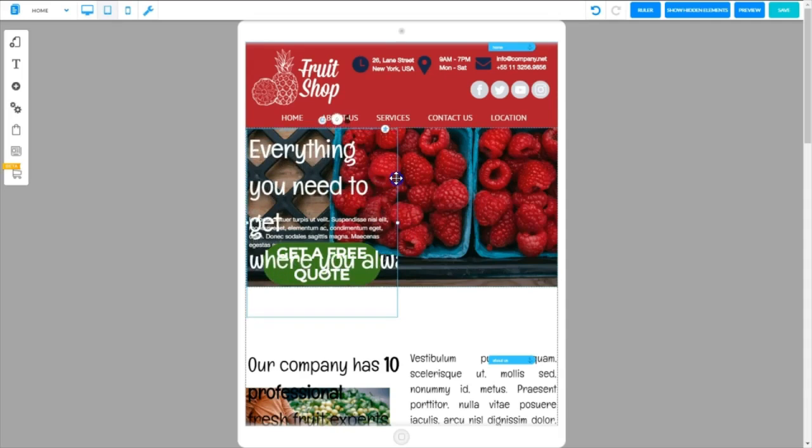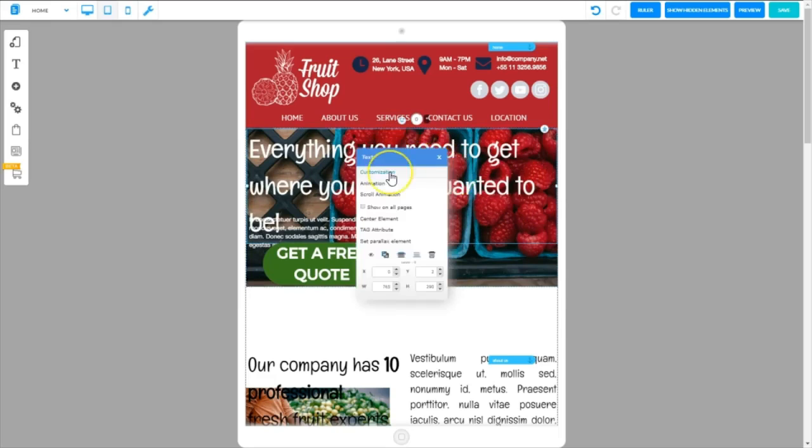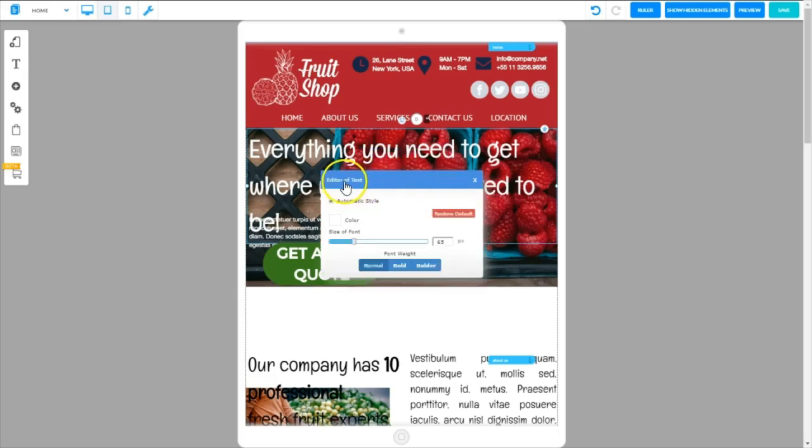So let's pull it up here to the top, grab our handle, and pull that all the way across the frame. That text still is very large, so we'll right-click. Now we don't want to edit the text because that would change it on the desktop version. So we'll customize this text. Instead, we come to customization here on the text card. It pulls up a text editor, and we have the chance